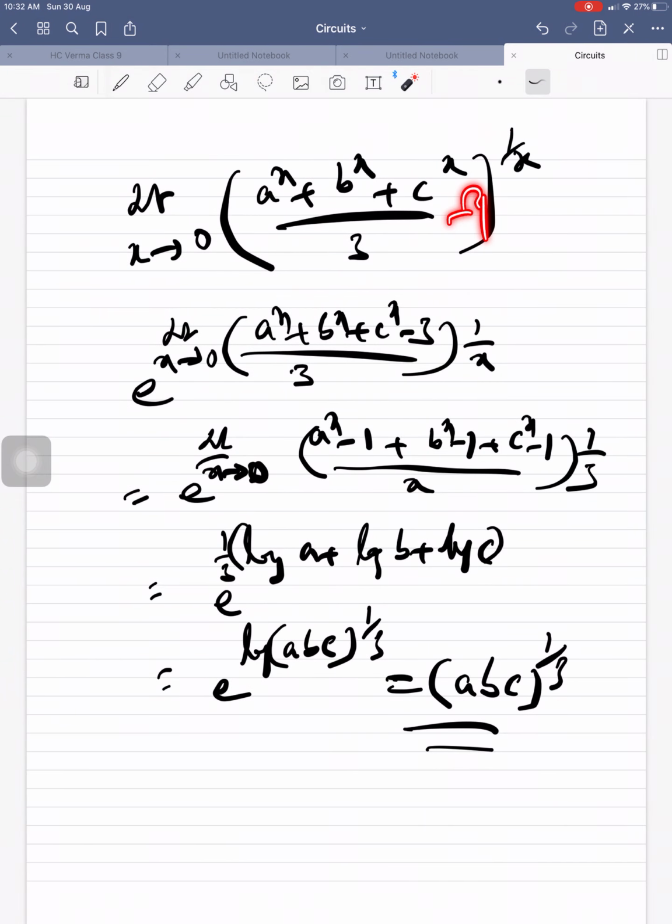Now take minus 1, take minus 1, take the LCM, and this you will get. Now minus 3 can be divided into a power x minus 1, b power x minus 1, c power x minus 1 by x into 1 by 3. These 3. Okay. Just a plus b by c equal to a by b plus b by c. No. a plus b by c equal to a by c plus b by c. This comes. Okay, like that.